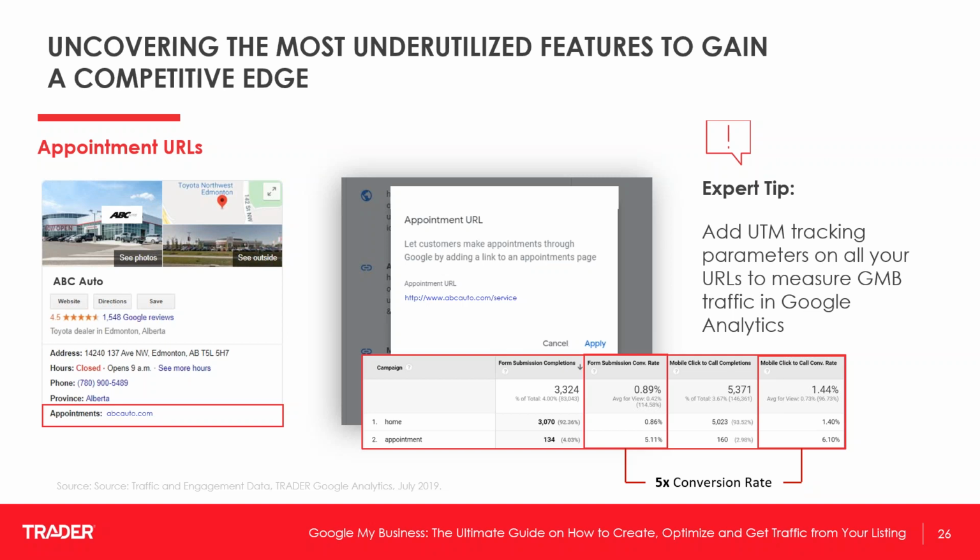And the data that I'm showing you on the presentation shows that of all of the form submissions that we get that come through the main website link versus the appointment link, or all of the clicks to call that we get from all of our customers that use this, we're finding that there's 5 times the conversion rate when you send a customer directly to a contextual page about booking an appointment versus sending them right to the homepage and having them find that themselves. So simply adding this link, you can get brand new, higher conversion rates and convert customers better that will just want to book an appointment with you.